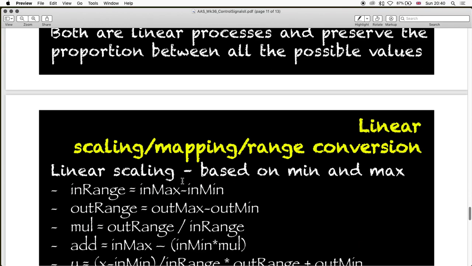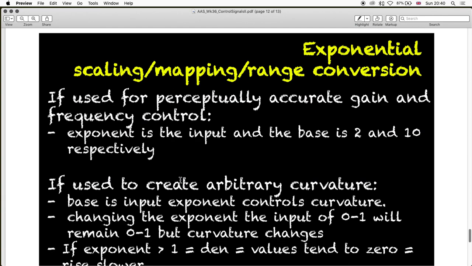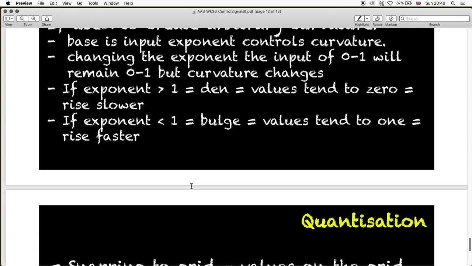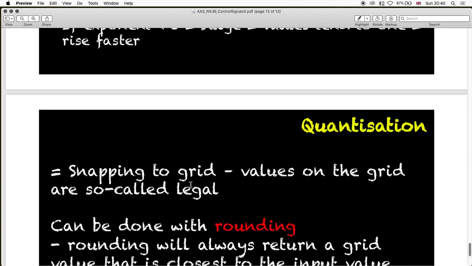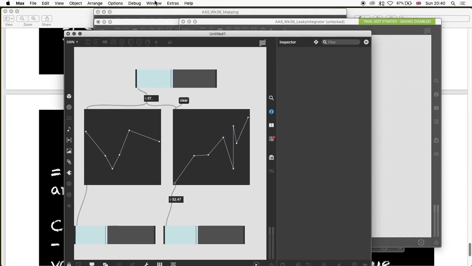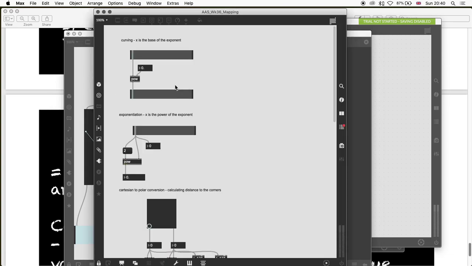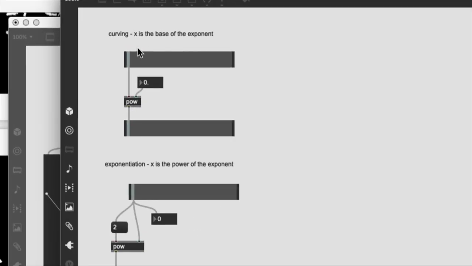But I will show you one interesting thing, which is this exponential mapping and all the rest. So instead of following these slides here and talking too much, which is what I've just done, I'm going to just show you the patches that do these things, and that will be the end of it. So first thing is